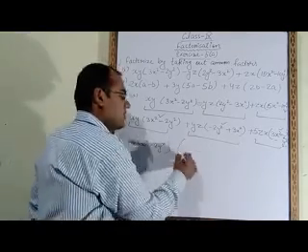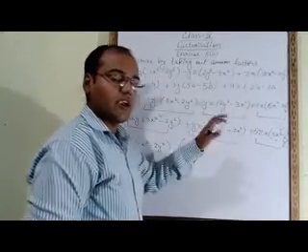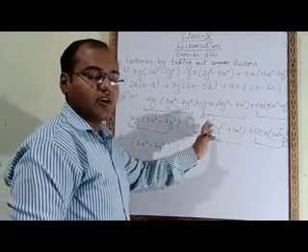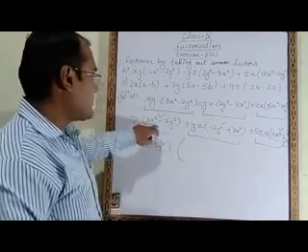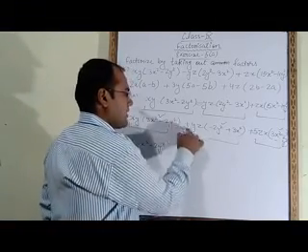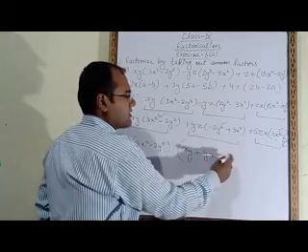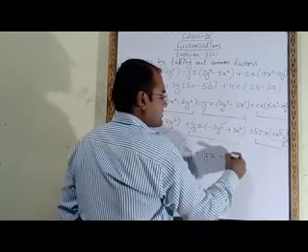Now the remaining terms you have to write in another bracket. The term which we are taking common, that also we have to write in a bracket, and the remaining terms after taking common, that also we have to write in another bracket. So this one we have taken common. So what is remaining here? xy plus, this one we have taken common. What is remaining here? yz plus, this one we have taken common, 5zx is remaining.